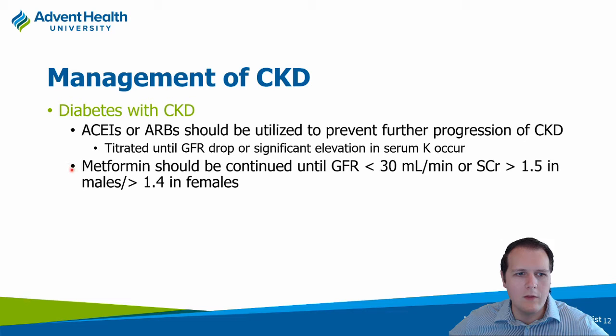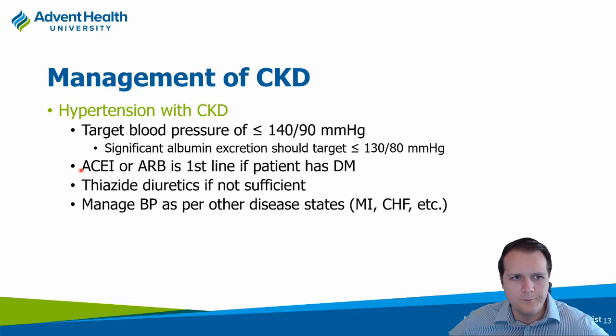So this is definitely one thing you want to make sure they are off. In terms of hypertension, typically you can shoot for pressures less than 140/90. We tend to see that proteinuria tends to decrease, and albumin excretion should decrease as you get lower and lower pressures there. And for the most part, they should be on an ACE or an ARB, especially if they have